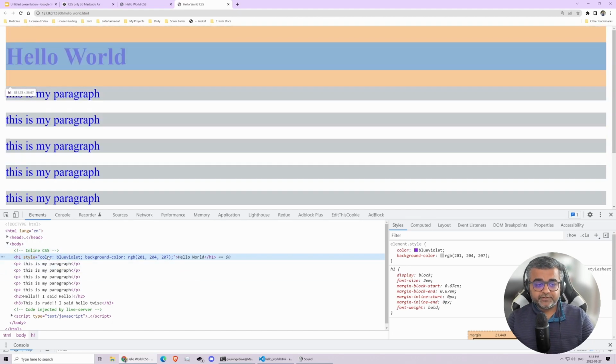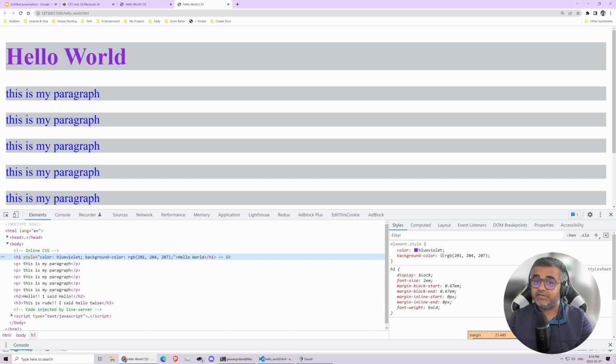So you can hover over the h1 tag. You know you are selecting the h1 tag that you see in the browser because it's highlighted. And then on the right, you can see the styles. Now the cool thing about this is it's not that you just see the styles, you can also edit it